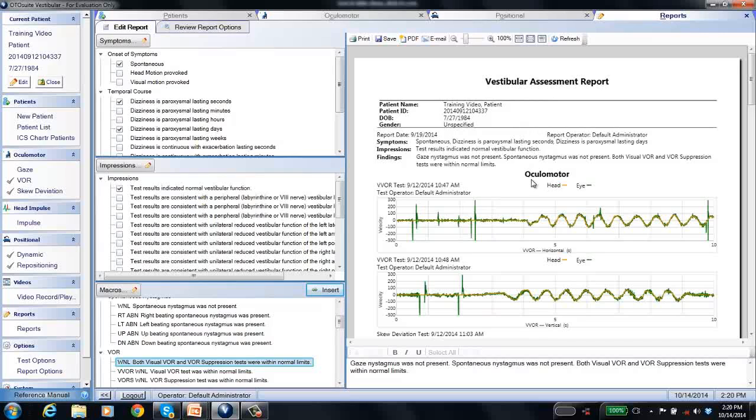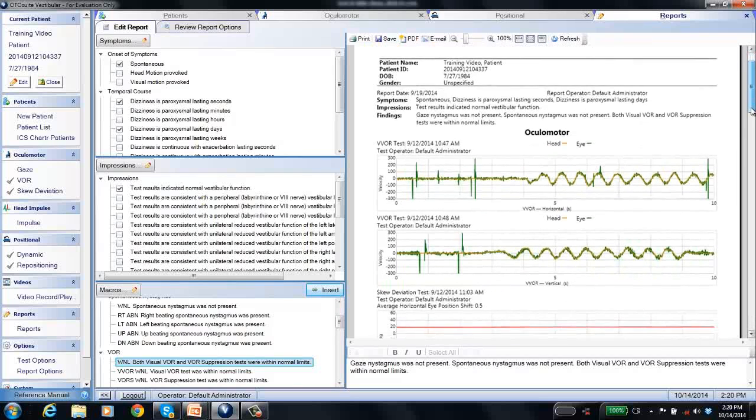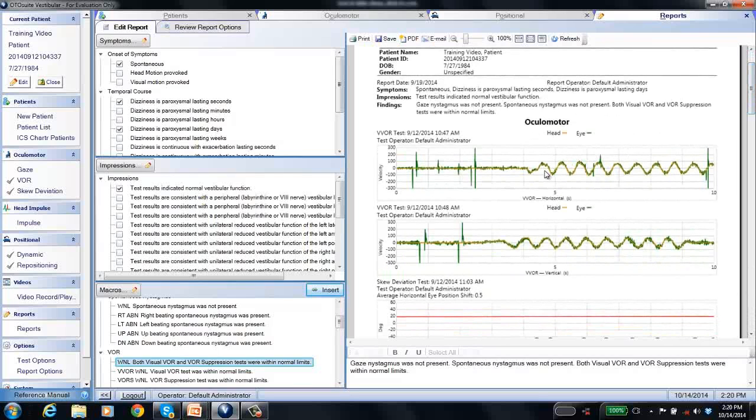And then now I've got the title of my first section of data collection. So these are my ocular motor tests. It tells me the test date and time, who tested that patient, so the test operator, and then you've got a legend. In this example, this is a visual VOR. The orange is the head, the green is the eye, and this is a normal response. If I scroll down here,